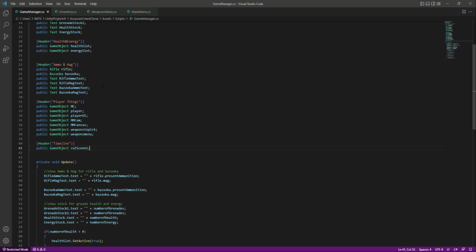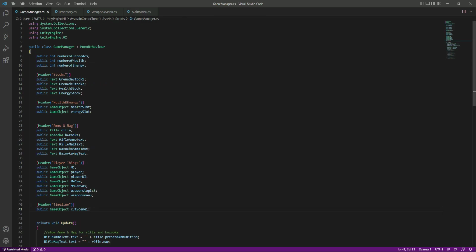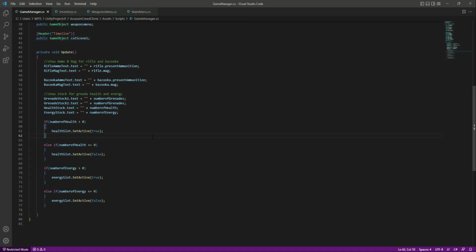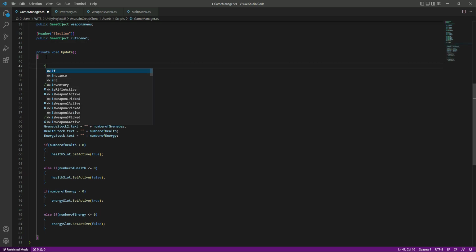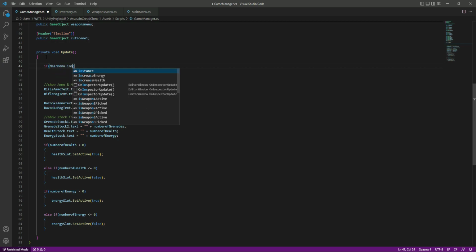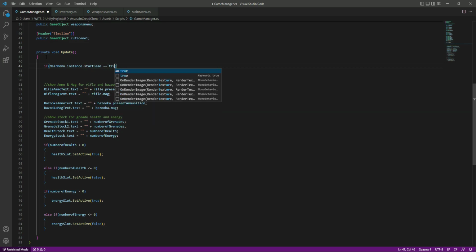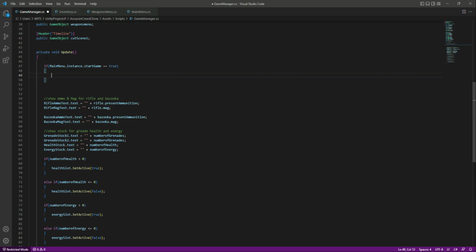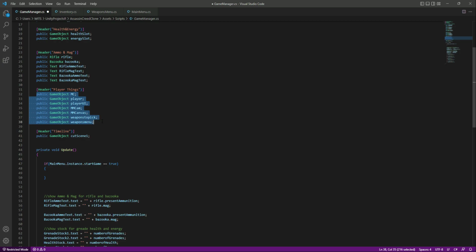Now, as you know that we have an instance on our main menu, so now we can use the main menu public variables on our game manager as well. So right here at the top in the update method, we will say that if main menu dot instance dot start game is equals to true, it means that if the start button is pressed and the start game is set to true, then we want to disable these things and enable